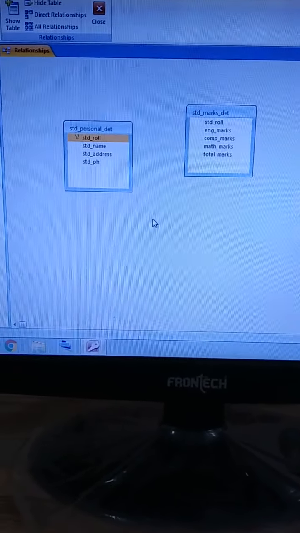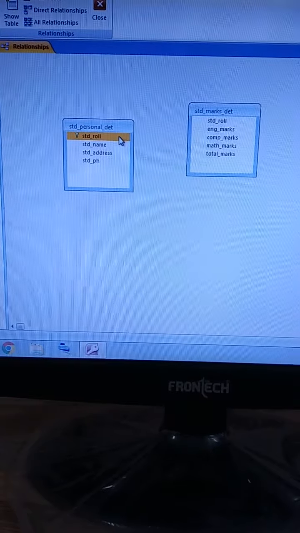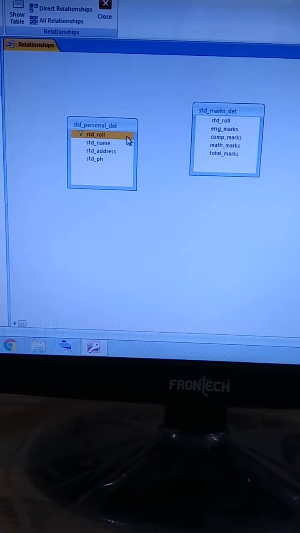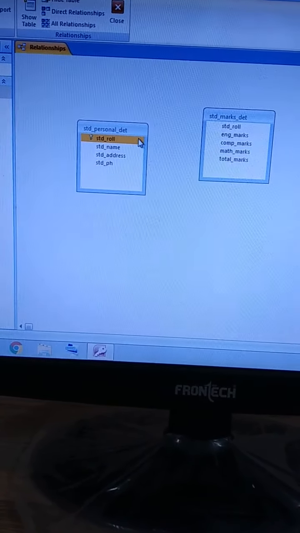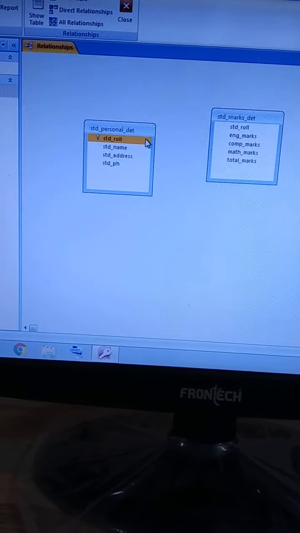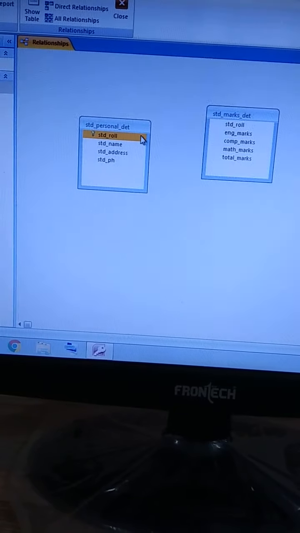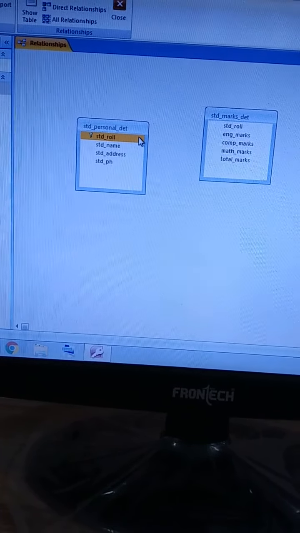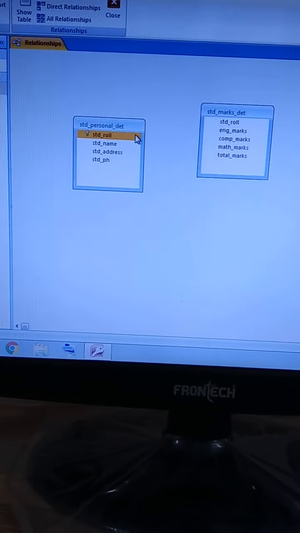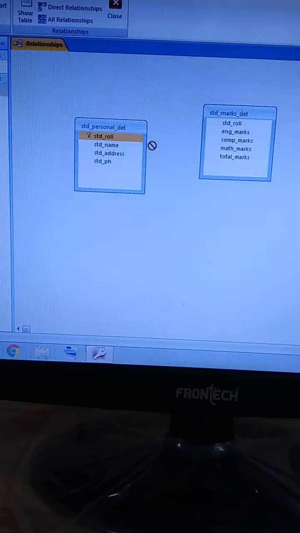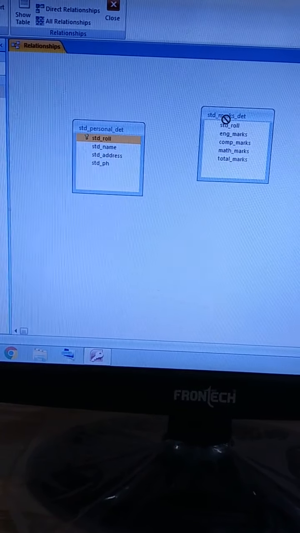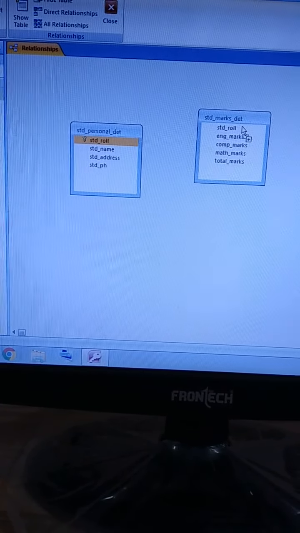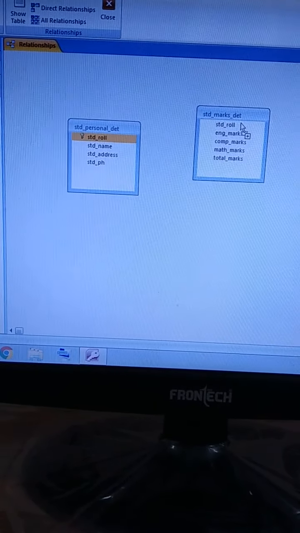Now when you are creating a relationship, everyone see it carefully: put the mouse over the primary key field like this and press your left mouse button, but don't release it, and move your mouse like this to this position, and when the symbol is like this, release your mouse.